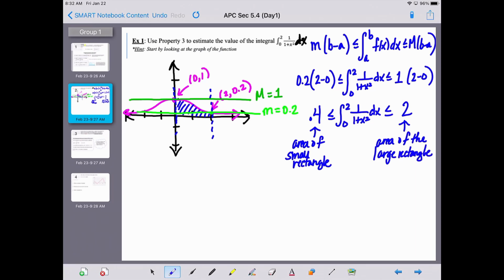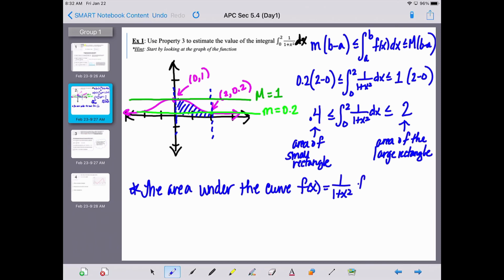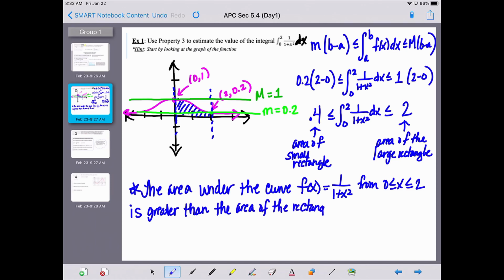Okay, so writing out our conclusion in words, we have the area under the curve f of x equals 1 over 1 plus x squared from 0 less than or equal to x less than or equal to 2 is greater than the area of the rectangle with height little m equals 0.2